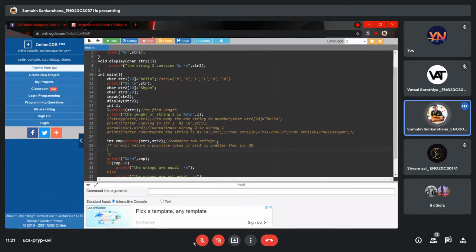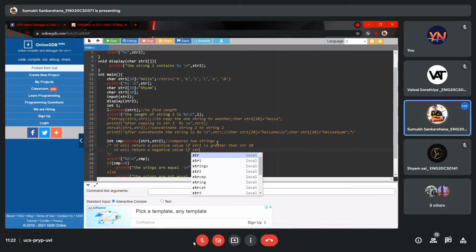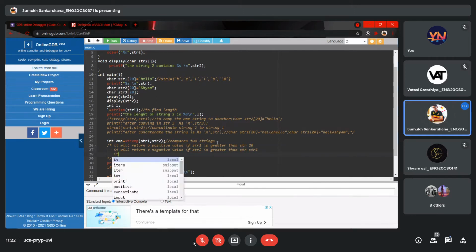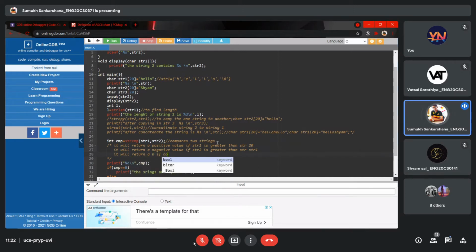Now the second point will be, it will return a negative value if str2 is greater than str1, and then it will return a 0 if both are the same. Alright, so these are simple statements of what this function returns whenever it compares two strings.